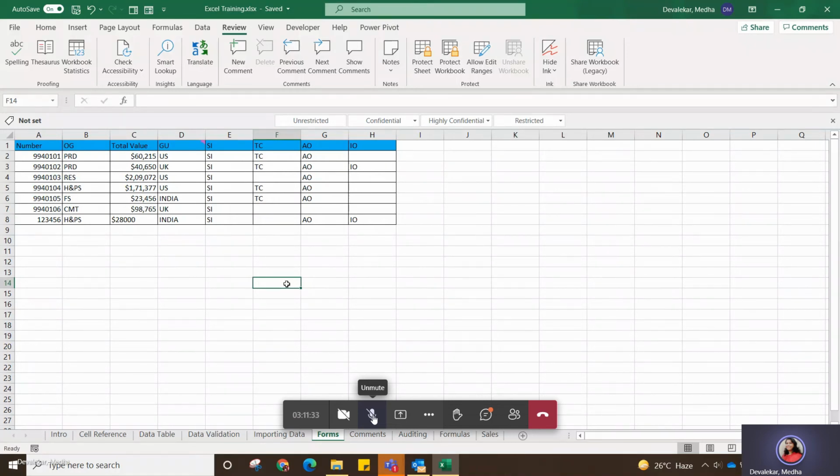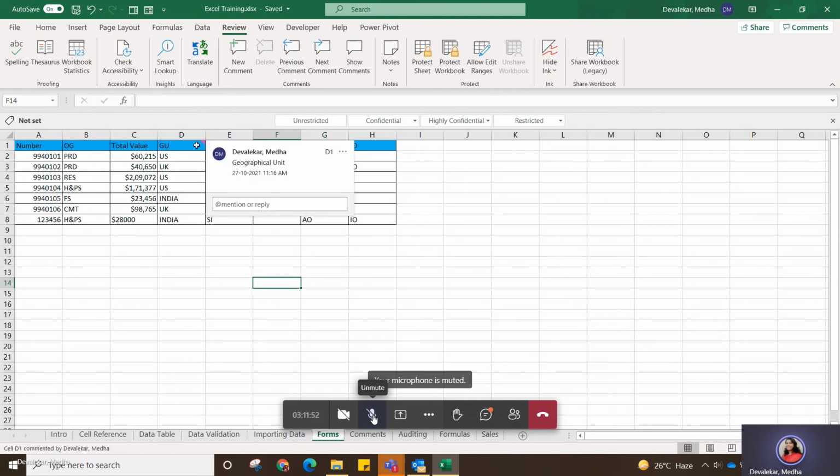And how will that person identify that there is something he needs to take care of? If he sees this purple sign in that Excel, he needs to take care of all the purple cells, because there are some comments written there for him. Again, only if we hover will that comment appear.